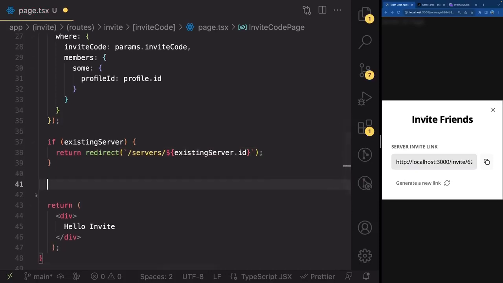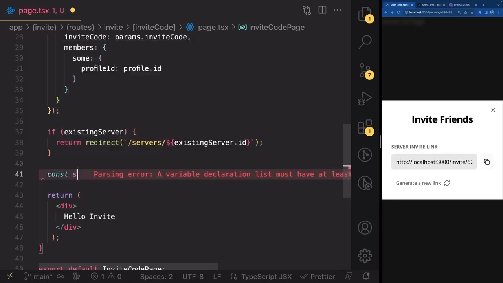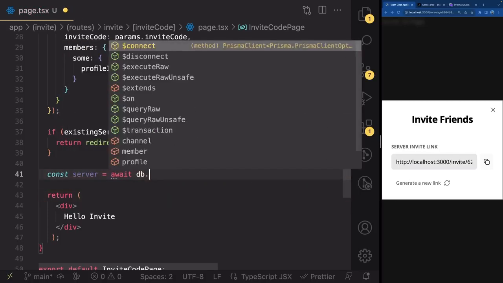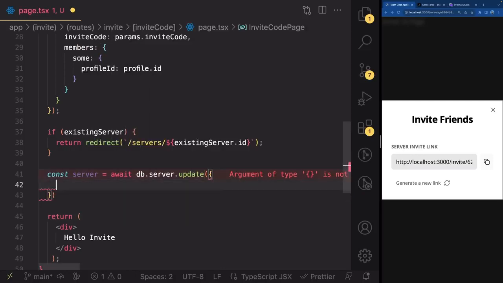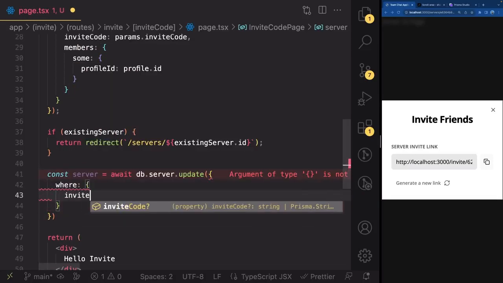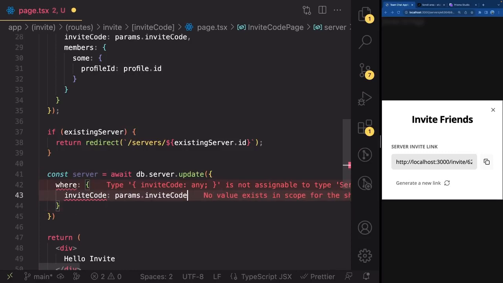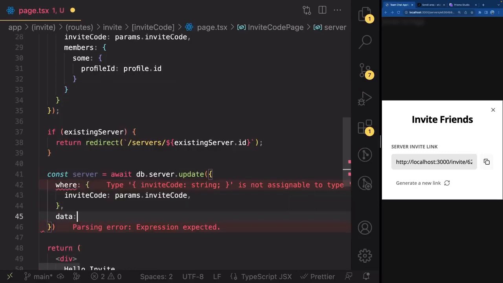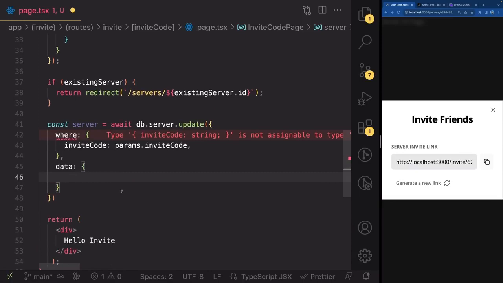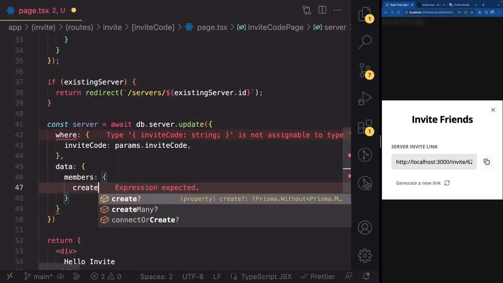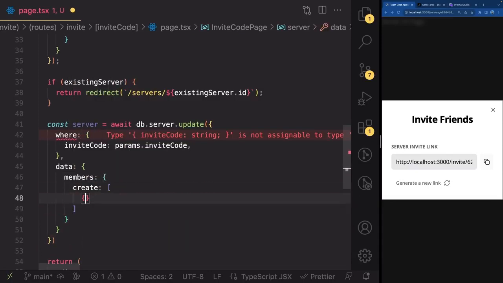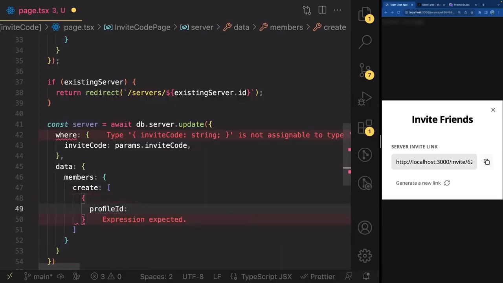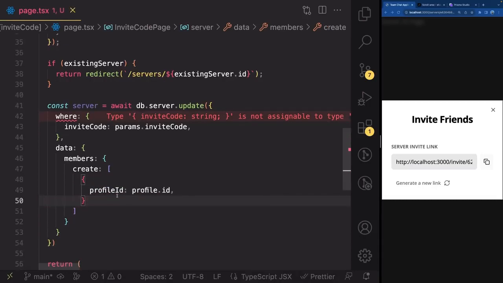Perfect. And now let's create a case to join the server. So const server is equal to await db.server.update, where invite code is equal to params.inviteCode, data, and we have to create a new member. So members create, open an array, open an object, profileId is equal to profile.id. And we don't need to explicitly give it a role of guest, because by default, everyone who joins is going to be a